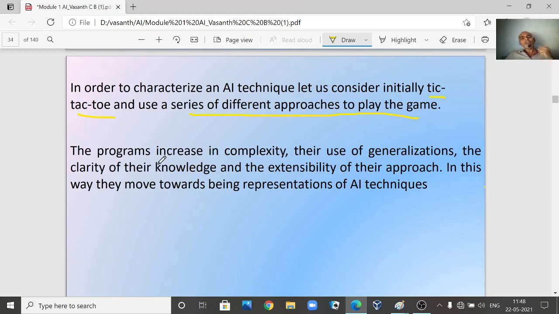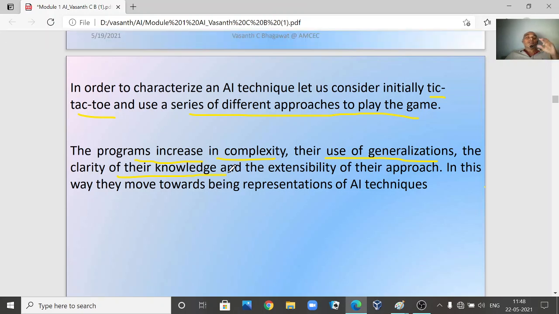When we look into the algorithms we are going to study in today's class, these programs have been built in such a way that they increase in complexity, use of generalization, and the clarity of their knowledge. That means the first program is very simple.